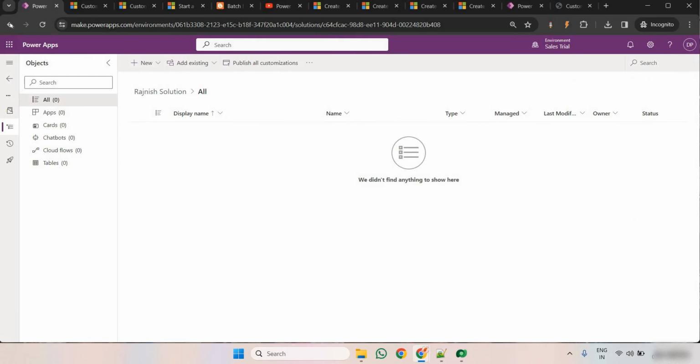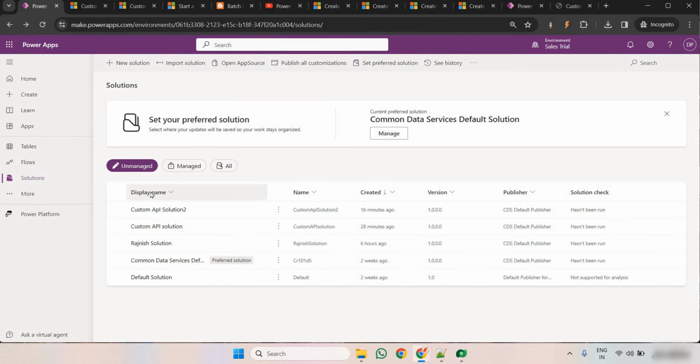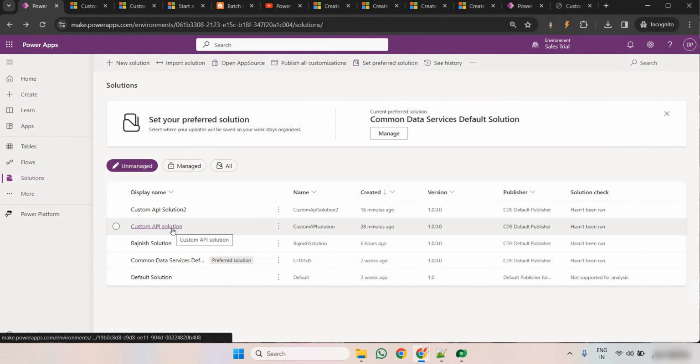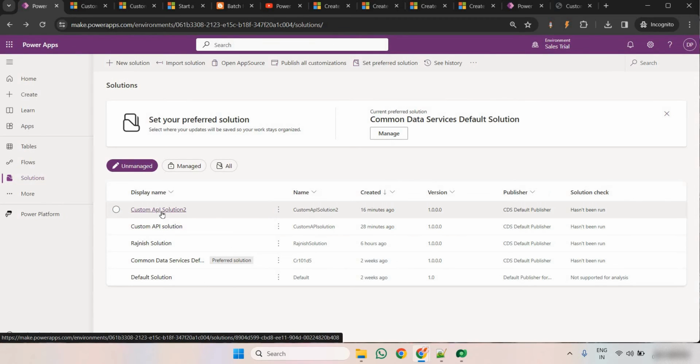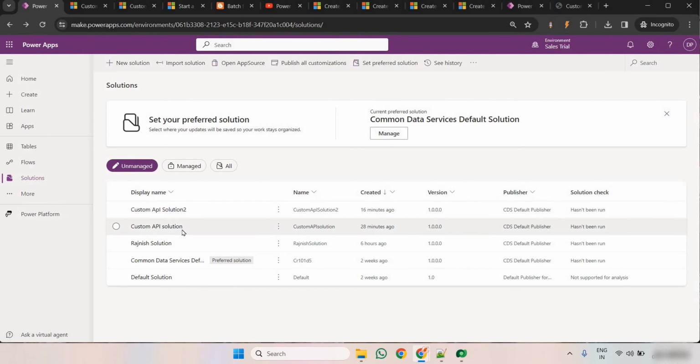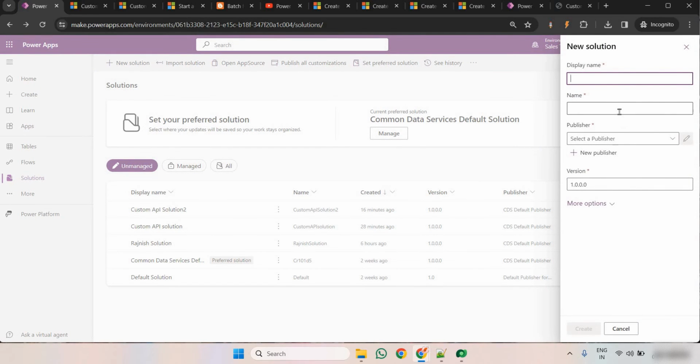So just come here, go to your environment, and the first one is custom API solution, which was used for the Power App. The second one was API solution 2. Now I'm going to use another solution. Let's come here, give the name as custom API